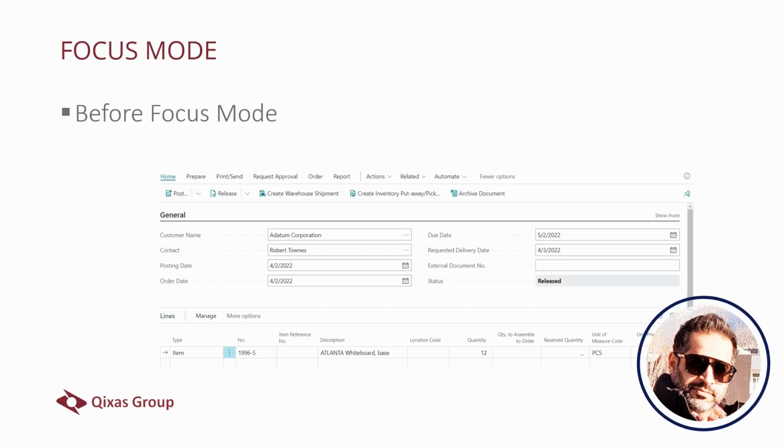The focus mode. This one is by far one of my favorite tips and tricks in Business Central. Imagine you're working with multiple lines and you need to focus just on the line items and nothing else. Well, focus mode on the pages with the line item is exactly that. It allows you to expand the view of the line items section to make it easier to edit, navigate, and